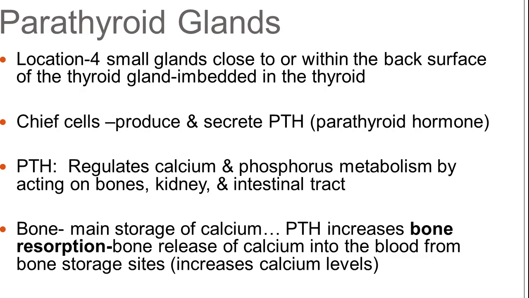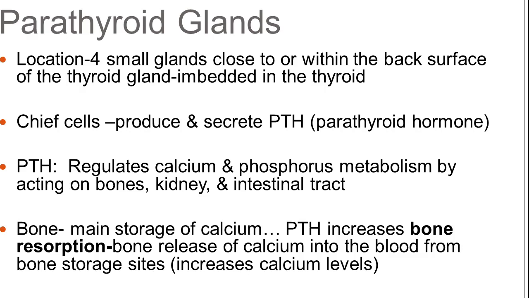Because when it is sensed that our calcium levels are too low, then PTH will be secreted from the parathyroid glands, okay? And with that being secreted, it will increase bone resorption. It'll say, hey, calcium levels are low, let's get more calcium into the blood. Where am I going to get that calcium from? Oh, let's get it from the bone. That is the main storage of calcium. So it causes the breakdown of our bones and causes the release of calcium in the blood to thus increase